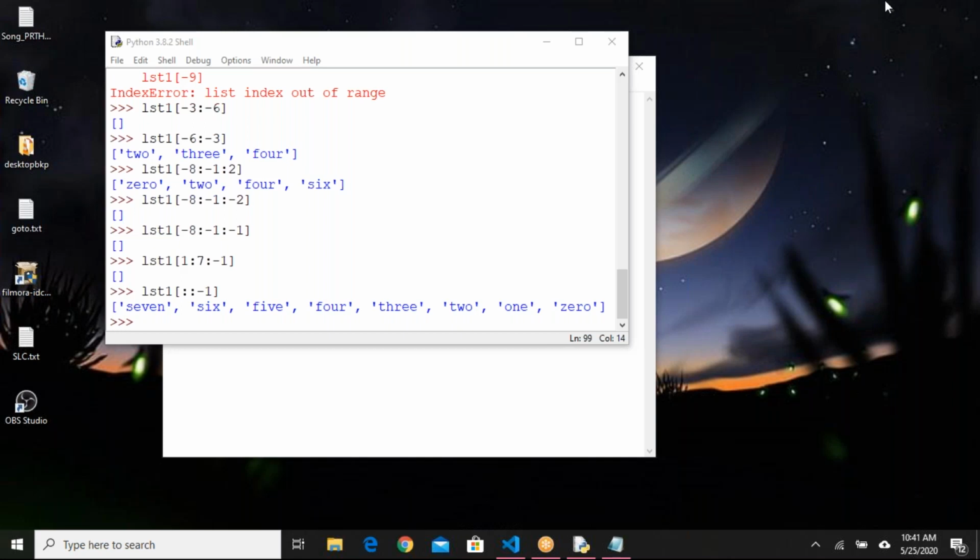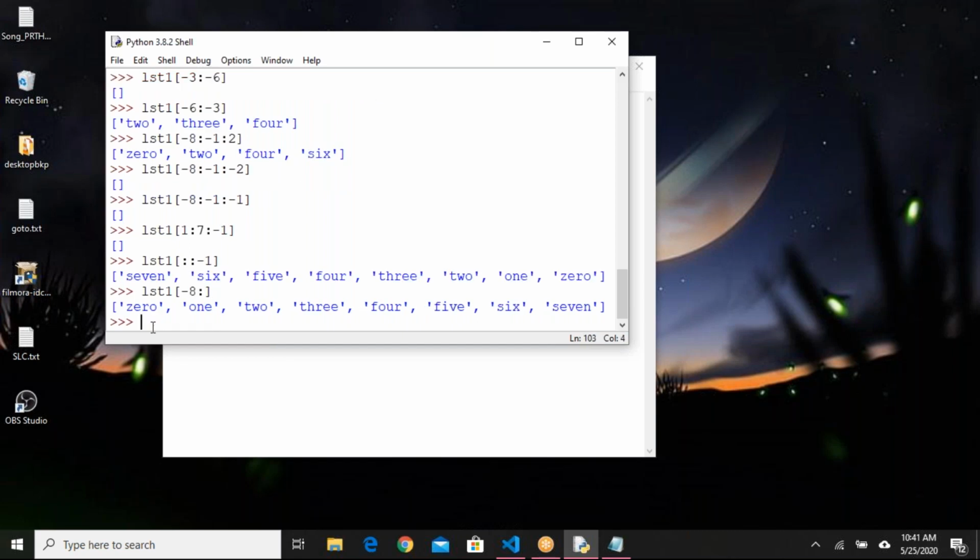Let us see how to update the data. Till now, what we have seen is how to read the data. Yes, that is possible. Let me try: list 1 colon -8 colon nothing. -8 would be the starting index, and if I don't provide the ending index, it will consider all the elements.